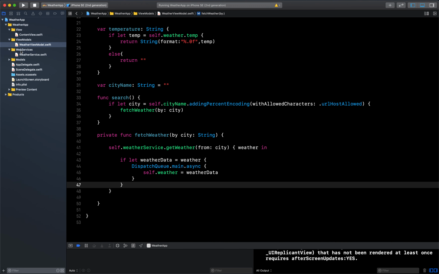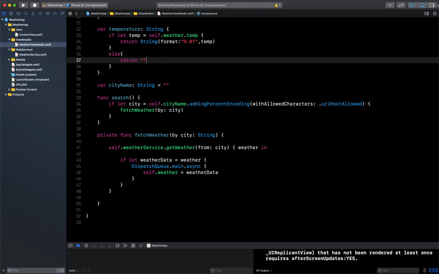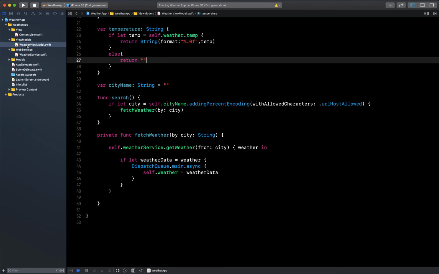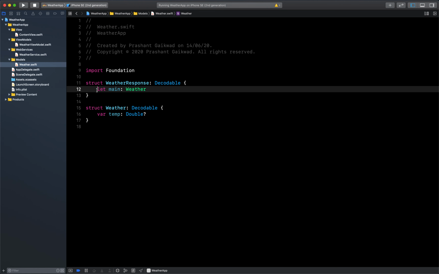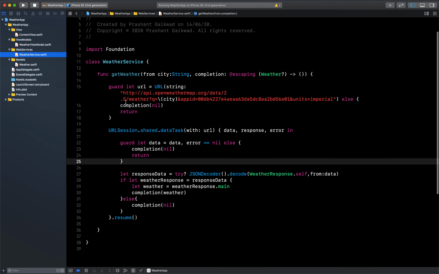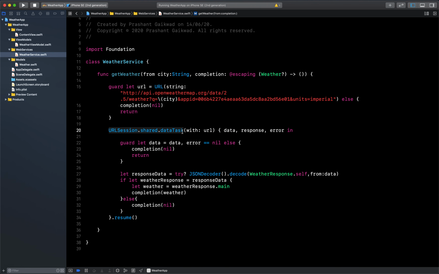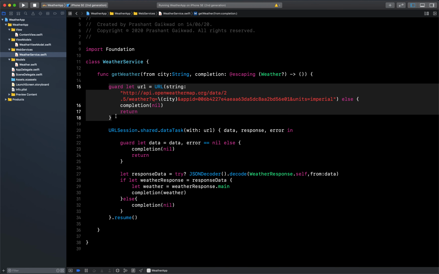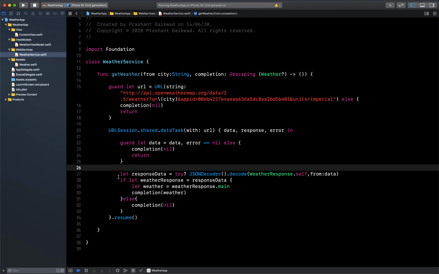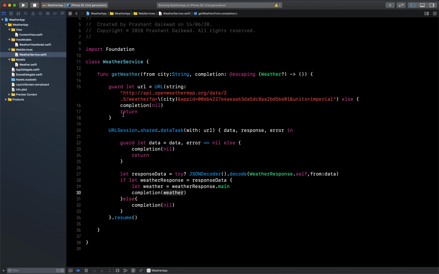So this is how you can do MVVM in SwiftUI for doing the API calls and getting the data. Just to recap, let's see what we have done. First, we created a model class which is nothing but our response from the API, that is temperature, which is inside main. Then we created a web service, which is again nothing but an API call using URLSession. Before that we checked whether our URL is right or wrong, and once we did that, we did the parsing and wrote the main weather object.